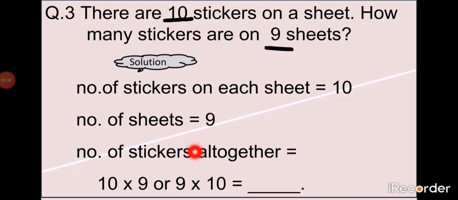Or you can read the 9 times table. You will recheck your answer. 9 1 times 9, 9 2 times 18, 9 3 times 27, 9 4 times 36, 9 5 times 45, 9 6 times 54, 9 7 times 56, 9 8 times 64, 9 9 times 81, 9 10 times 80. But you will count in tens, it will be easier for you.